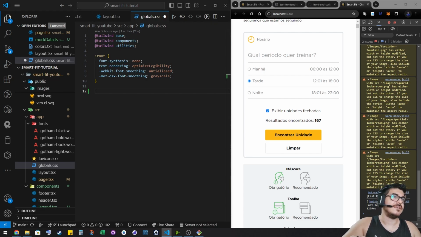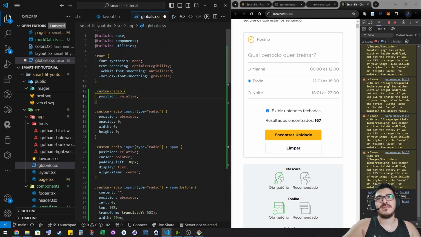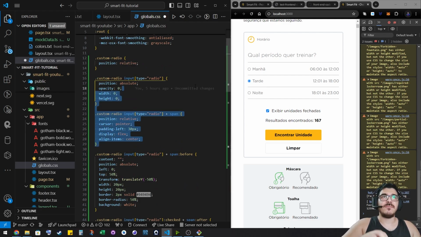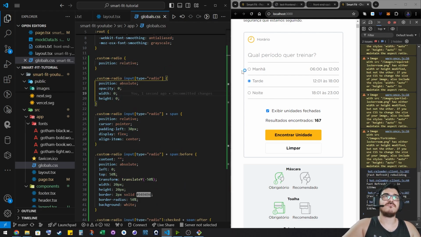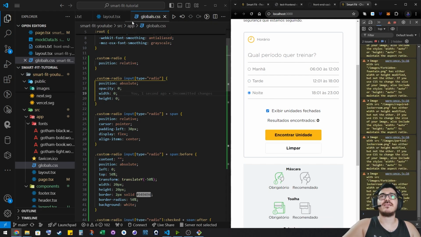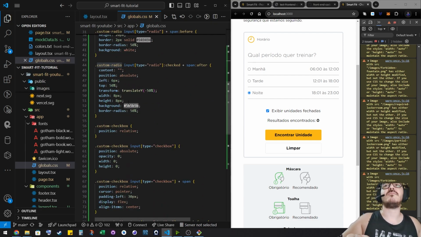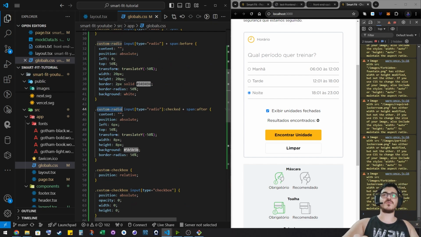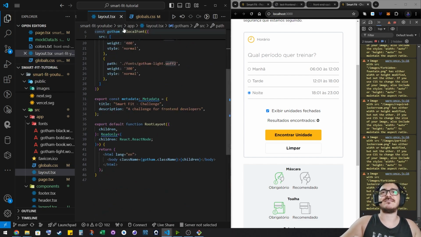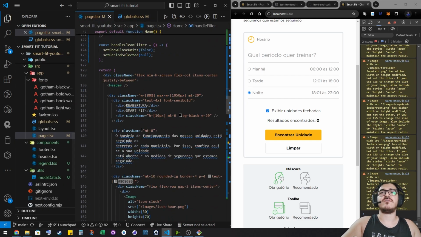Come on, guys. And I'm going to copy and paste it, and I'm going to explain it to you guys. So, custom radio. And with this, I can make that radio look better. It's not going to change anything because I have to change the code to put this custom radio and then put the custom checkbox. So first of all, I'm not going to do this with you guys. It's CSS. It's not worth it. Let me just close it all and